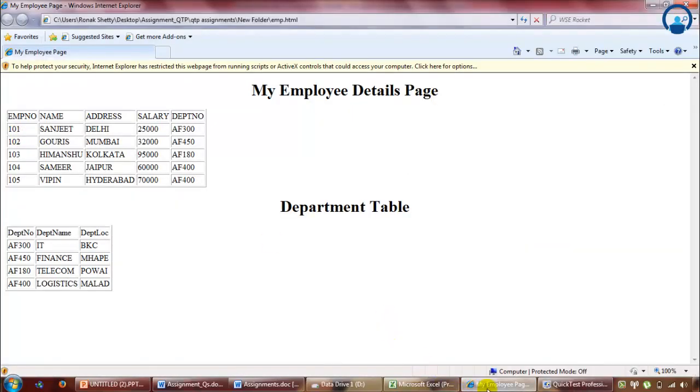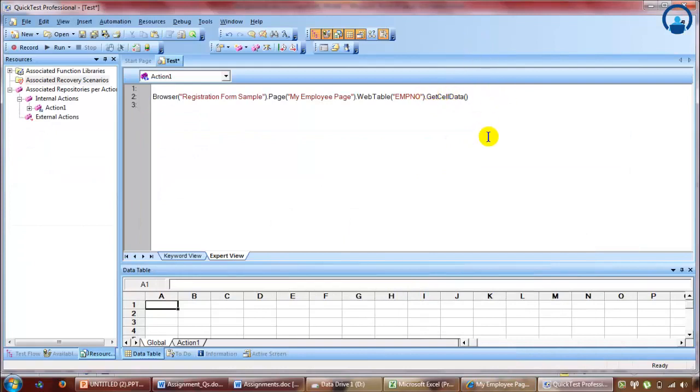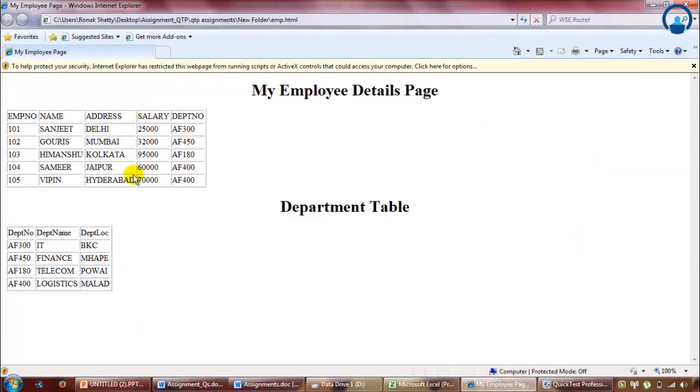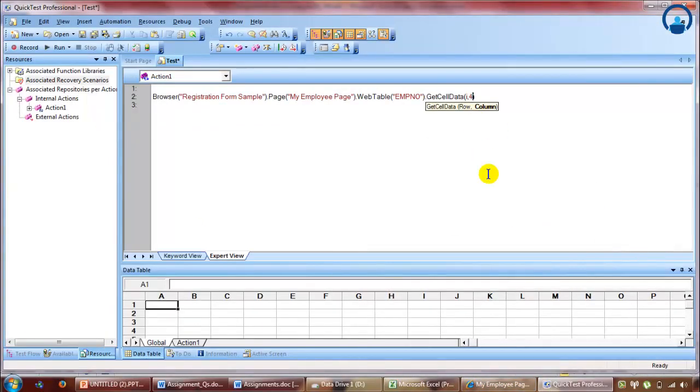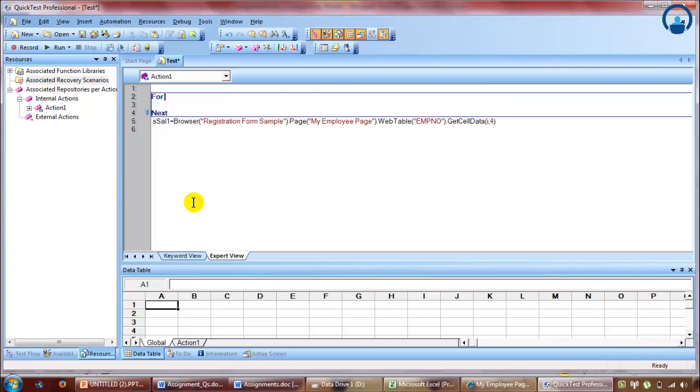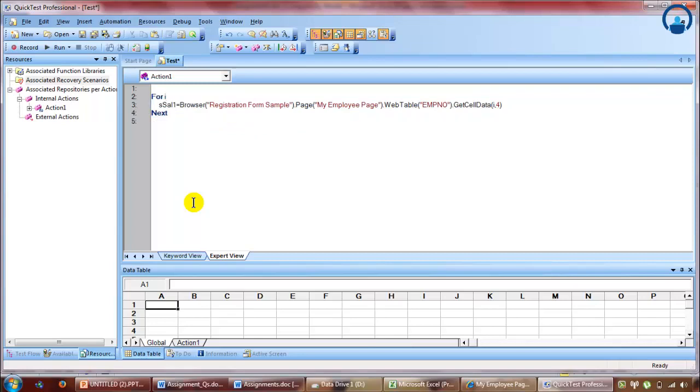So as I said, GetCellData as row comma column, let's say I comma j. So your I is your row, j is your column, but the column will always remain fixed, that is the fourth column. So let's hard code it with 4. Now the row will keep on changing, and for that we have a loop. Okay, so let's say we put this in SL1. So whatever value is fetched is saved in SL1, and inside the for loop it will run from I equal to